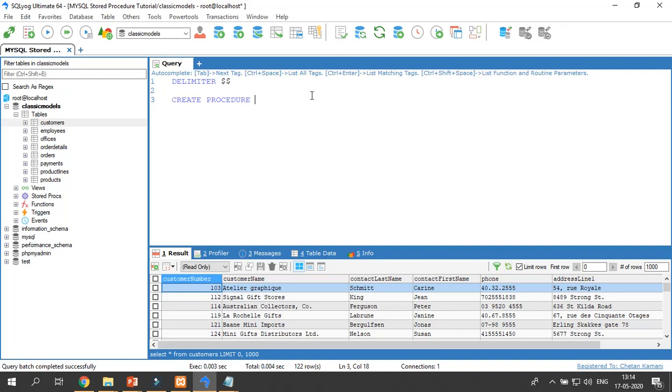Then the name of the procedure; I am going to name it get customer info. I am not defining any parameter over here. Begin block, then select star from customers, end block. So if I do this without defining the delimiter, what will happen? Let us see.